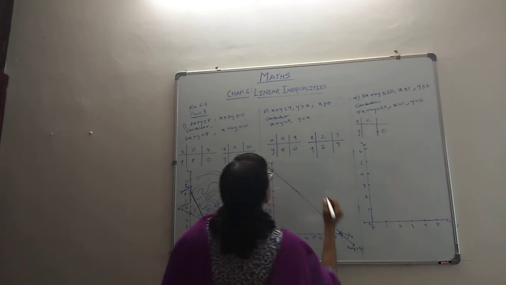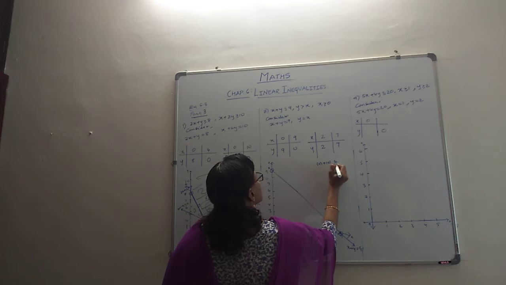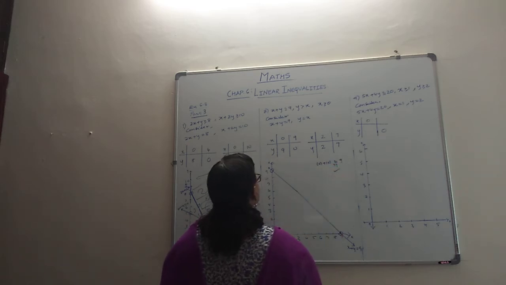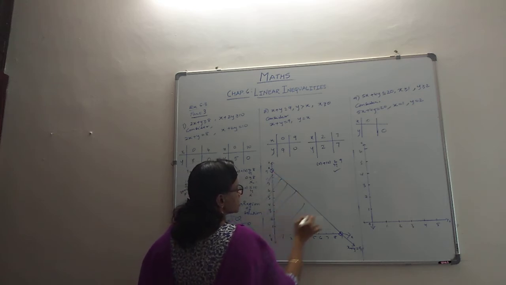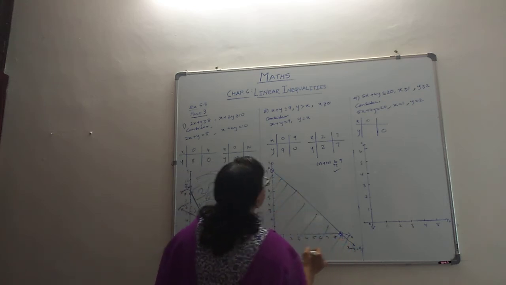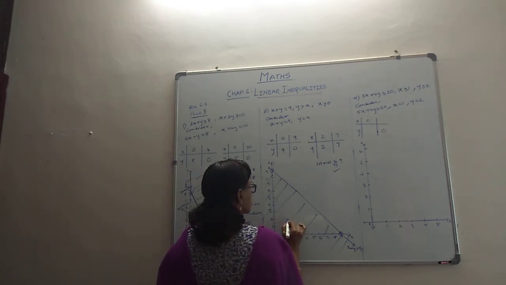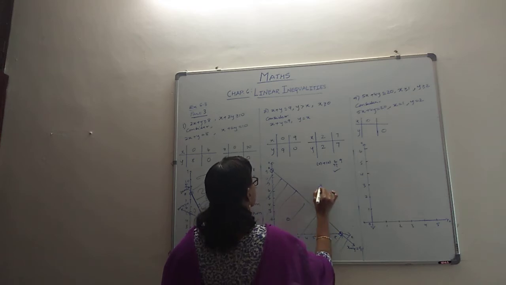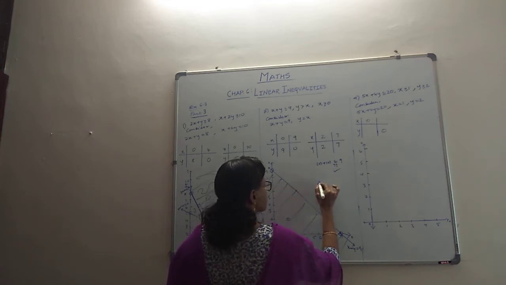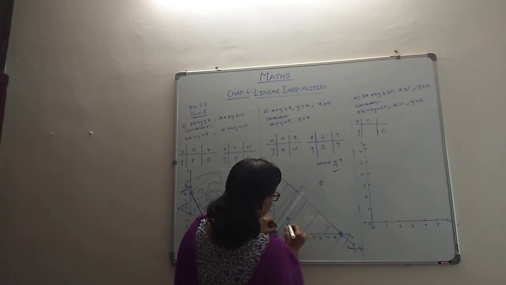And see the region now, 0 plus 0, whether it is less than or equal to 9, yes. So you have the origin area as the region of solution. So this is the region of solution. Next we have y equal to x. So maybe your first point is 2, 2. And the next point is 7, 7. And origin, of course.